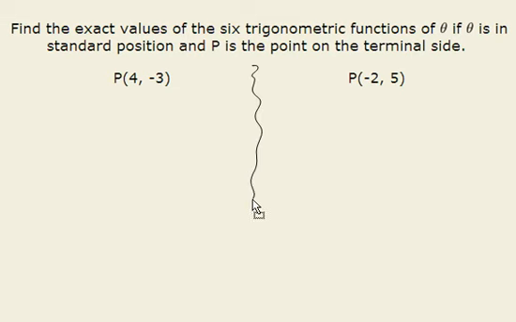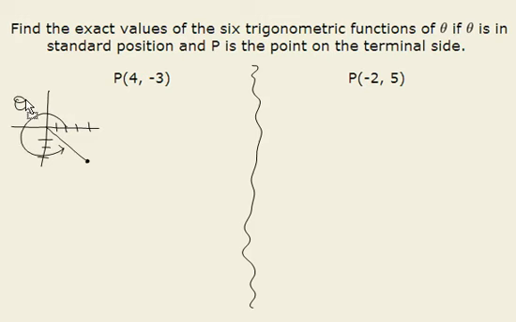In the following two problems, we are asked to find the exact values of the six trigonometric functions of theta if theta is in standard position and P is the point on the terminal side. In our first ordered pair, (4, -3), x is equal to 4 and y is equal to -3, producing the terminal side of my angle theta in